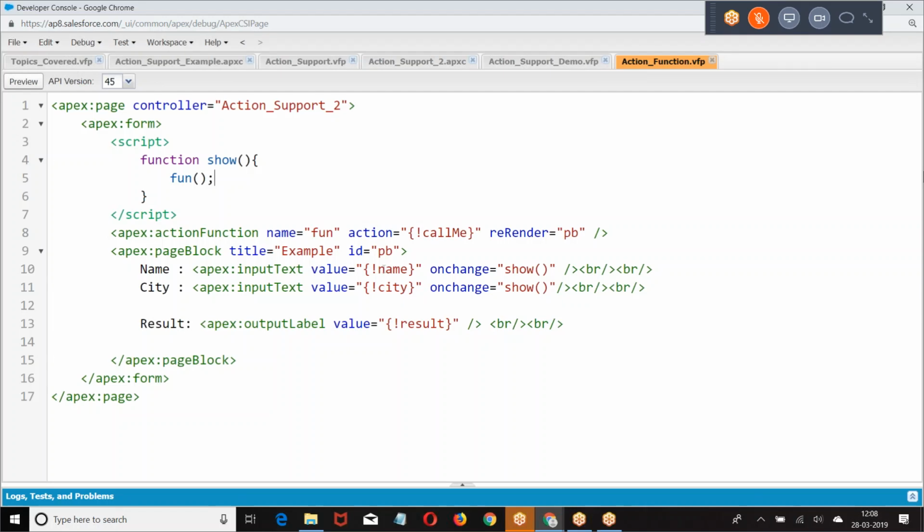Whenever any change occurs on this, JavaScript is called. From the JavaScript you are calling the action function. Now how many times have I defined the action function? Only once. But it is called by a number of elements. Action support, for every element we have to define separately. Action function we have defined only once. When the event occurs, call the JavaScript. JavaScript will call the action function.